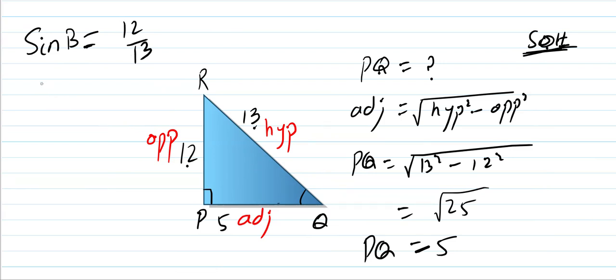But if I ask you, sorry, not B, Q. Here the letter is Q. I'm sorry. If I take sine R, this is opposite now, and this is adjacent now. So what will be sine R? Sine is always opposite over hypotenuse. So it will be in that case